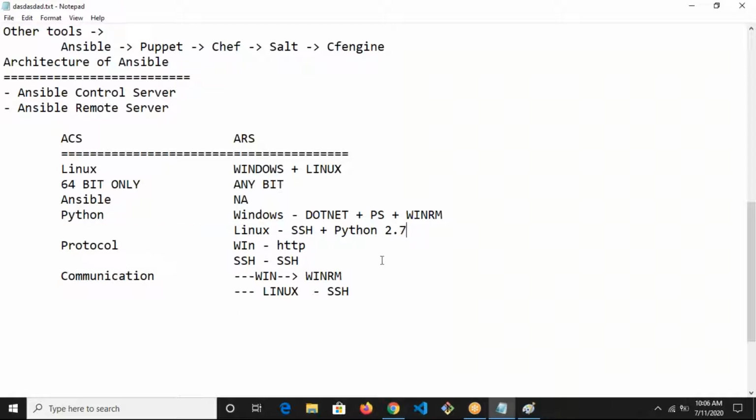Okay, protocol, yeah, this is the one, and here it is. Now this is the architecture. Okay, this is the architecture. Now next topic is